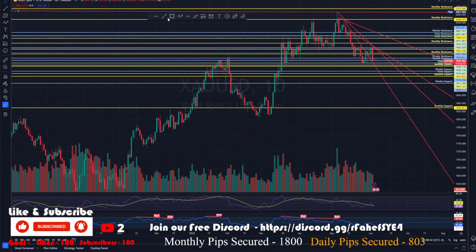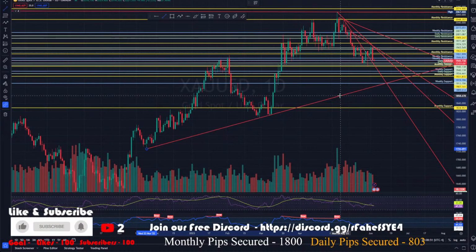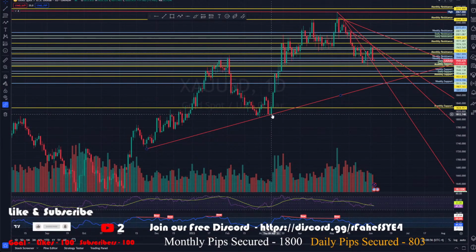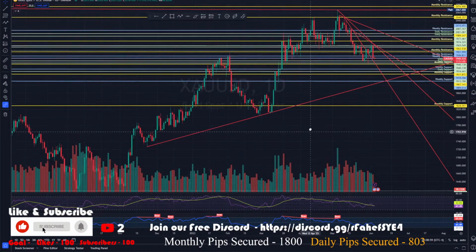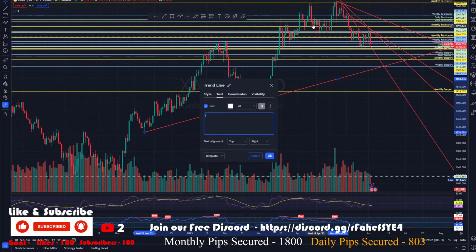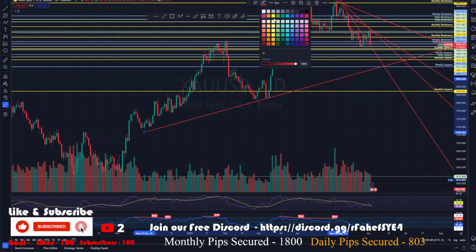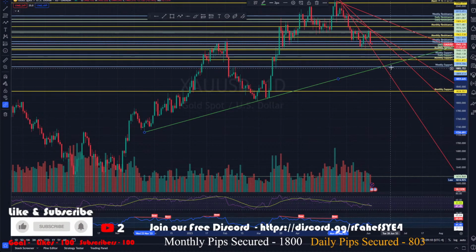Is there a possible bullish trend line? Let's consider this point here. Do kind of have 1, 2, and 3 touch points here before price went bullish. So this is a possible trend line. So if price continues to drop, this is where we can expect price to take support somewhere along the intersection of this weekly support or this monthly support here. Okay, this is on the daily, so we can expect somewhere around here if it continues. Okay,